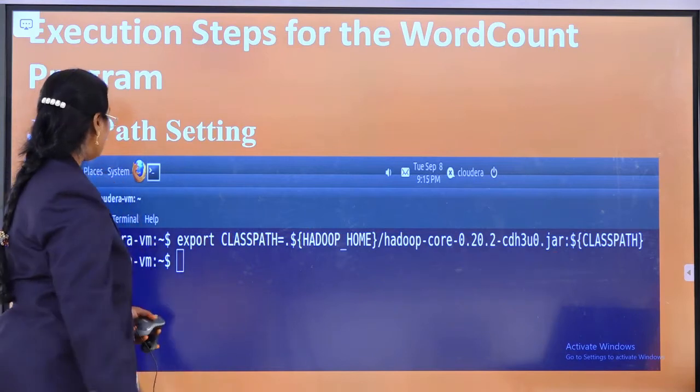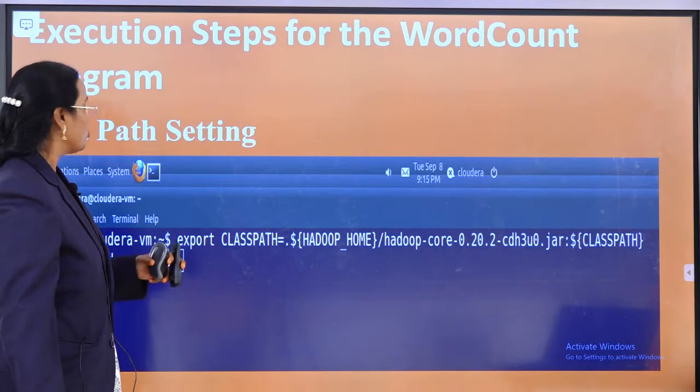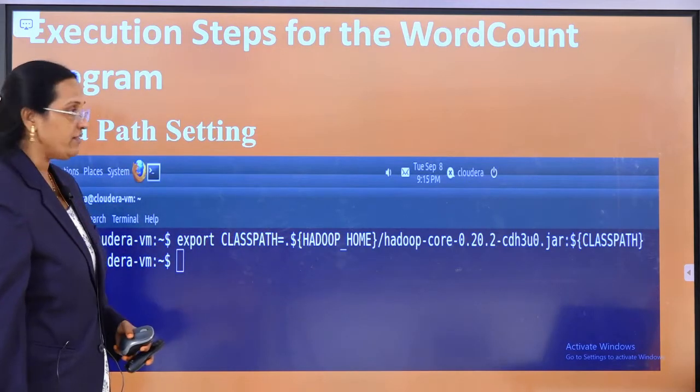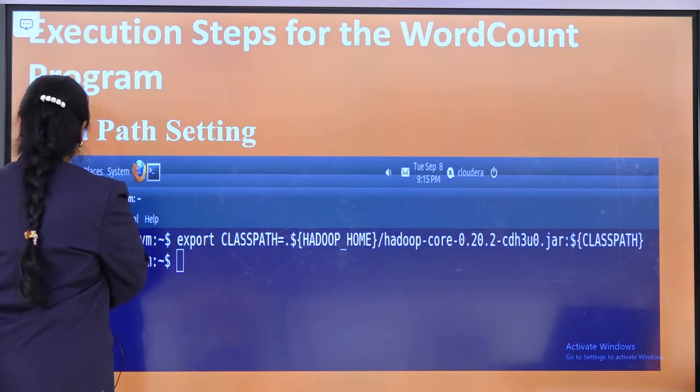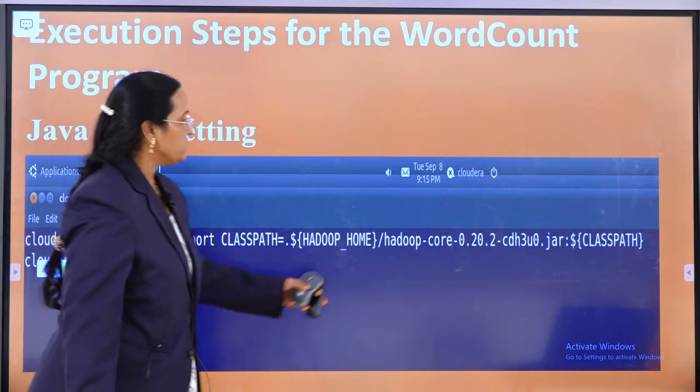So let us see how to execute the word count program. To do that, first we have to set the path. You are going to set the path in this fashion: export CLASSPATH, Hadoop home and jar file name.